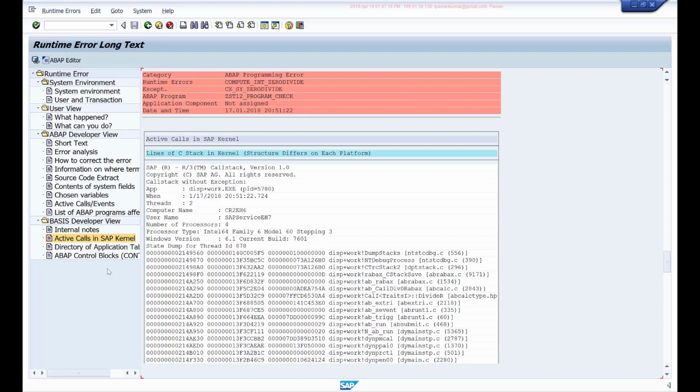So this short dump basically gives you a lot of information that you can use to troubleshoot an issue. When you get a short dump, don't simply close the screen and start wondering what is causing the issue. Try to go through the error analysis to identify what is causing the issue. Most of the runtime errors provide you a lot of information that will be useful to fix the problem. Okay, so that's about short dump analysis.